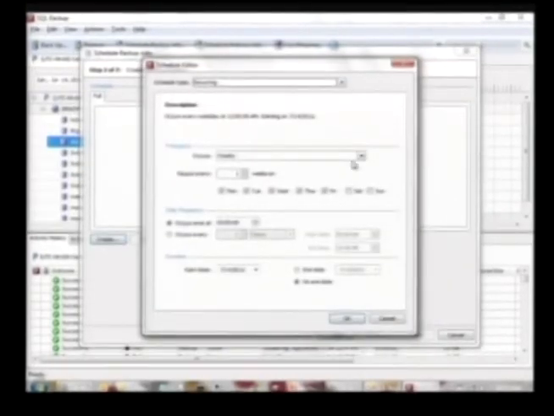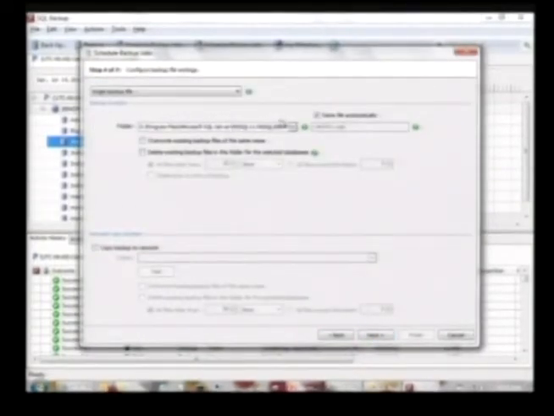And I have to create a schedule. I'm going to keep that real simple. This is stuff that you've all seen before. The cool stuff I want to show you here is in just a moment. And this is just where you want to store it. But this is the one I want to point out.